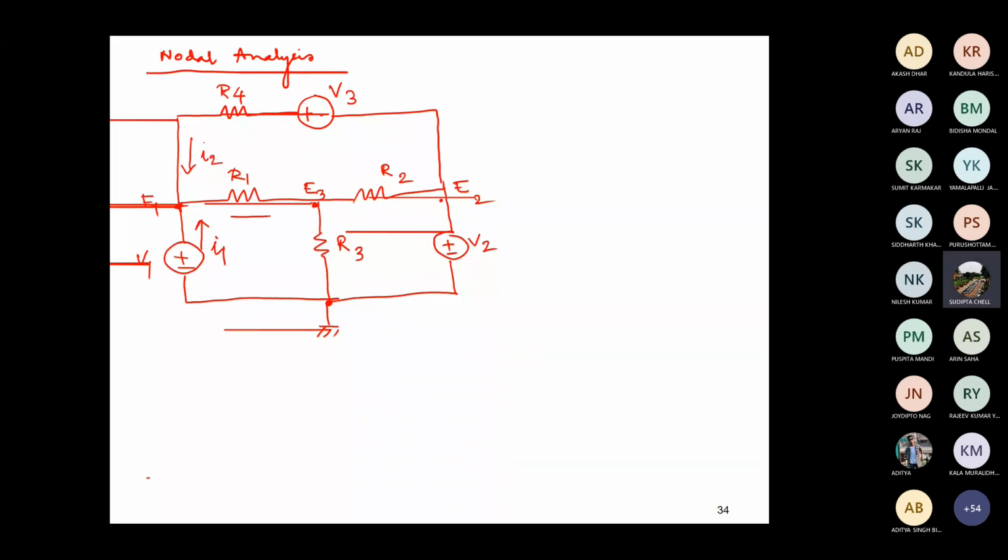So I1 plus I2 is equal to... Sir, can you explain, repeat the node? What is a node? Nodes actually are the convergent points where all the branches of a circuit meet. Maybe they contain circuit elements or a voltage source. So take the example of E2. E2 is joining these two sources V3 and V2 and the R2 resistance, like this.